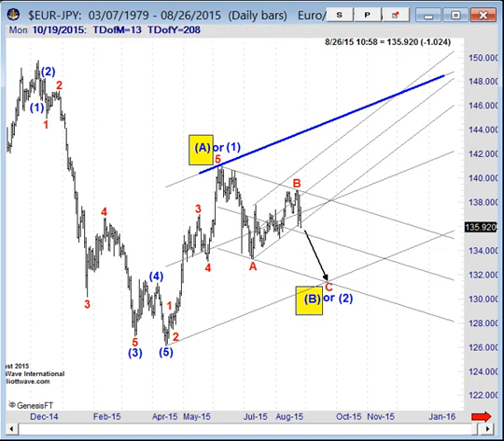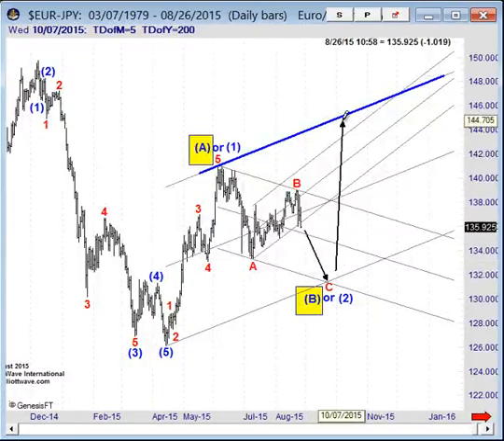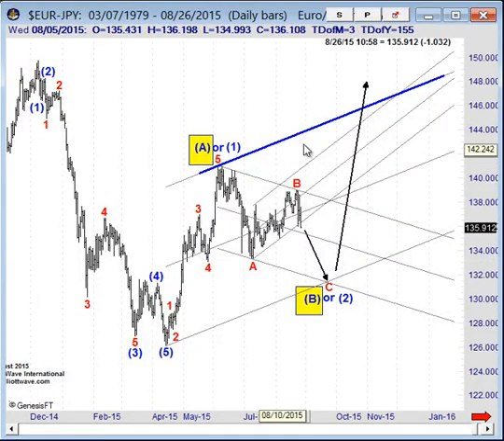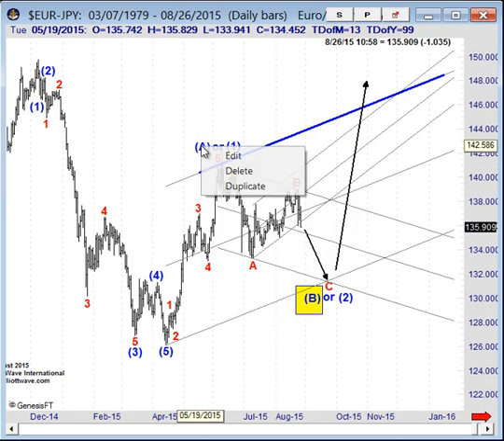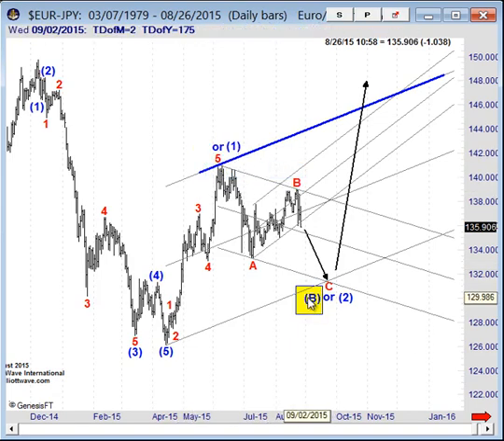So when prices do begin turning up, and let me get my arrow in here. Once prices move above the upper boundary line of the corrective price channel, then what we can do is eliminate the wave A interpretation, embrace the 1-2 interpretation, and look for a wave 3 rally. Okay, well, what happens